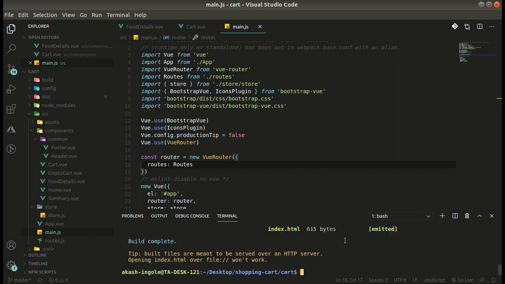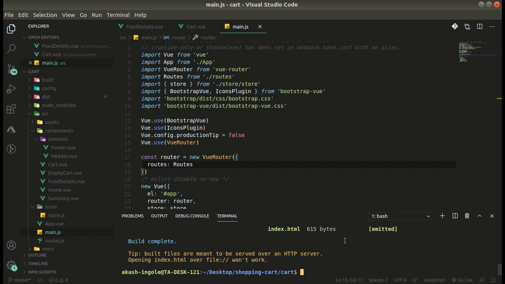I have also made a video in which I deployed a Vue.js project to Netlify, and there is no such fuss about history mode or hash mode. It works with history mode and simply gets deployed. I will drop that link in the description box so that you can check that video out.